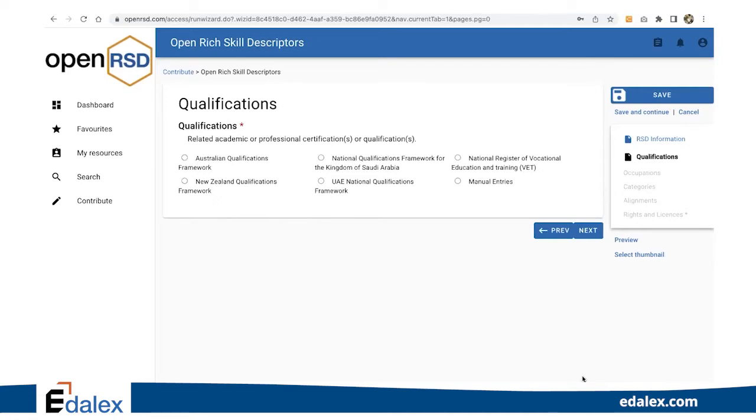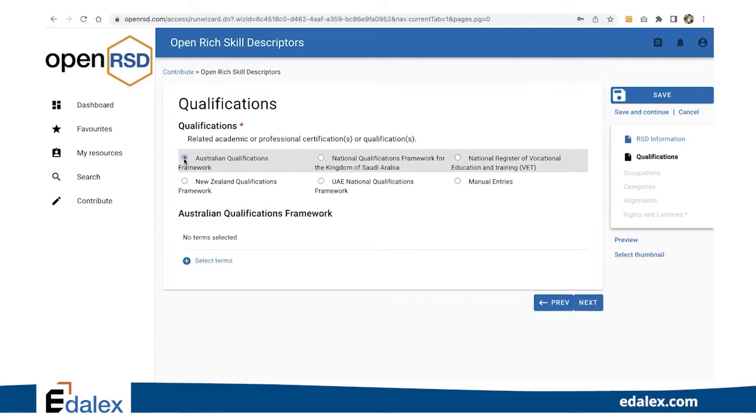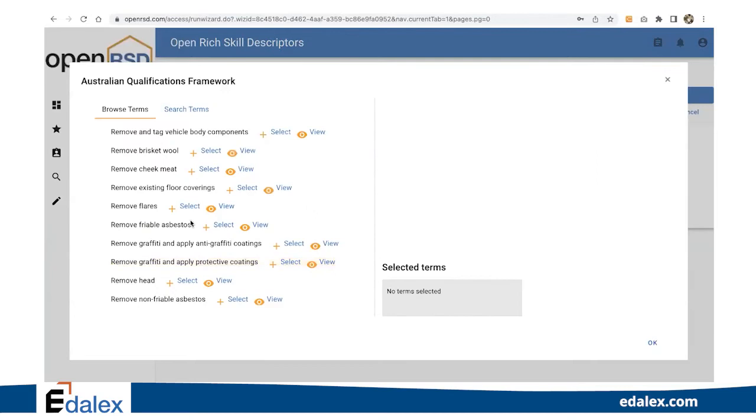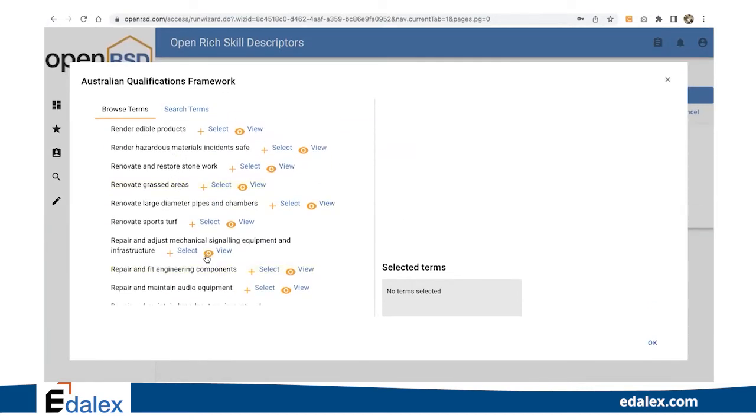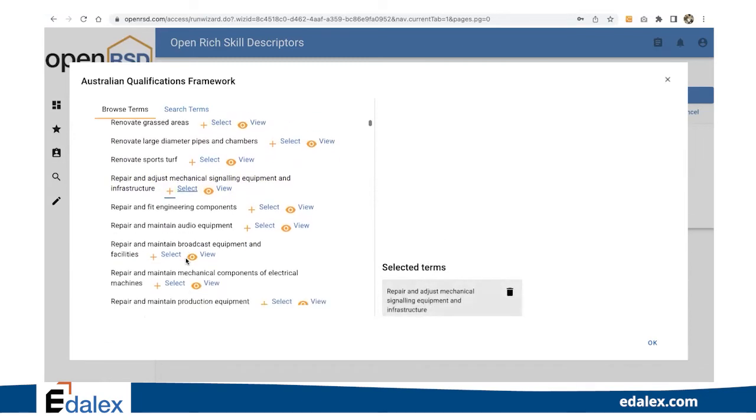You will notice that Next takes you to the next page, which is one of the metadata categories that you selected. In this case, qualifications. There are a number of options here for you to select from. These all have taxonomies behind them. If I choose the Australian Qualifications Framework, for example, and I choose Select Terms, I'm given terms from that particular framework. I can select a few,